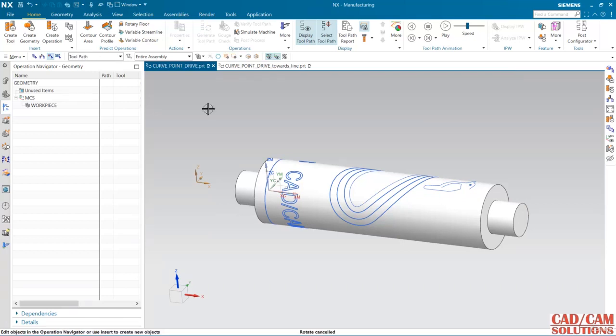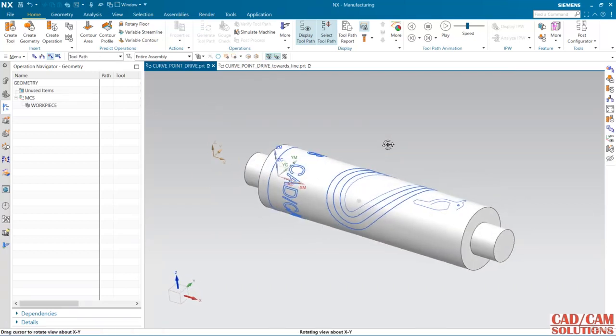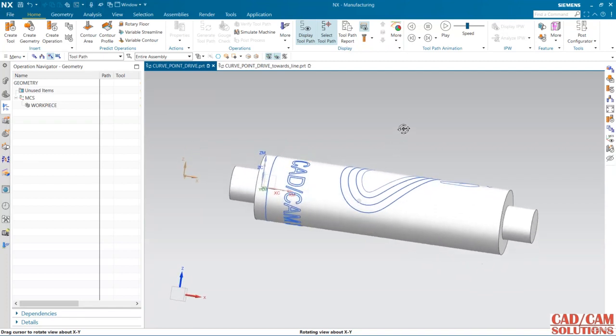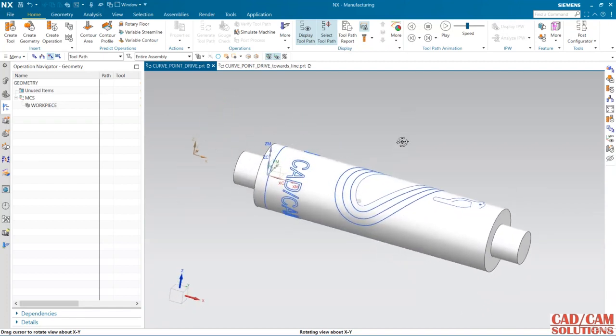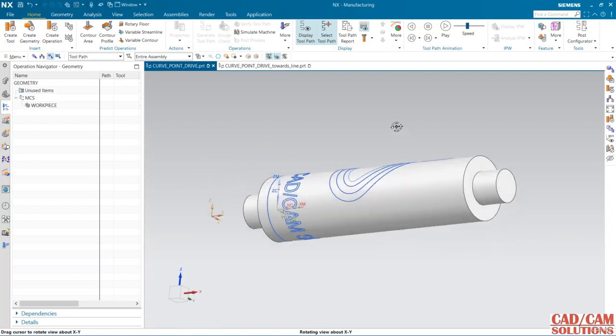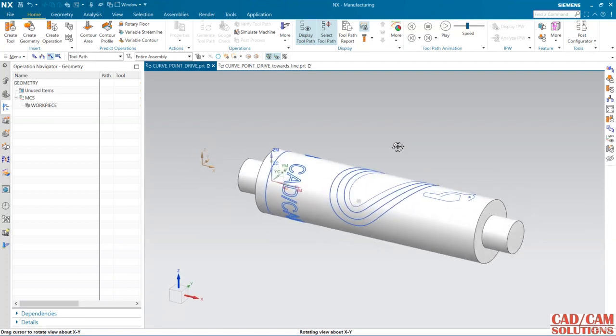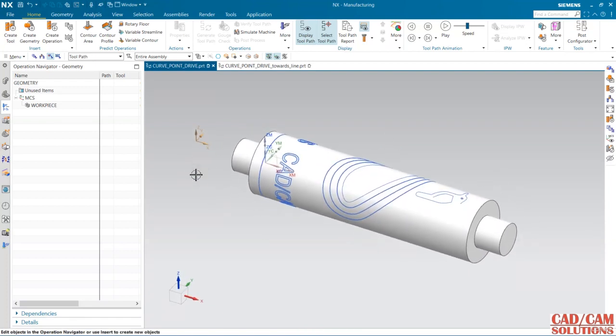Hello friends, in this lecture we will see the curve point drive method in 4 axis, and we can do it in the same way for 5 axis as well. So this curve and point drive method is available in multi axis. So first of all, see,